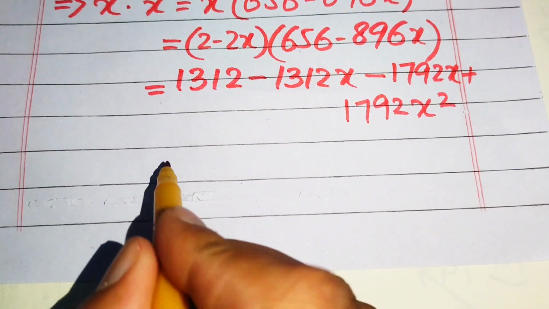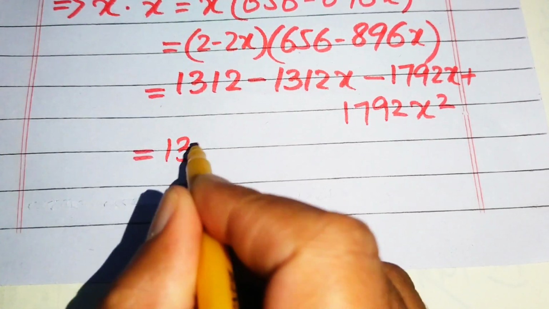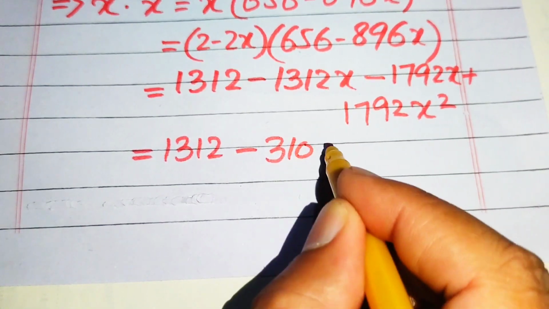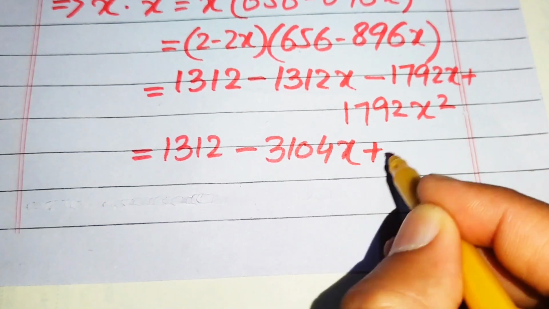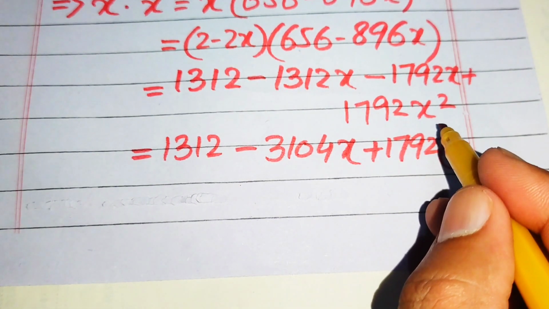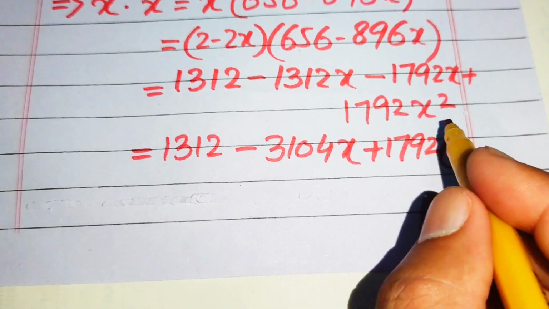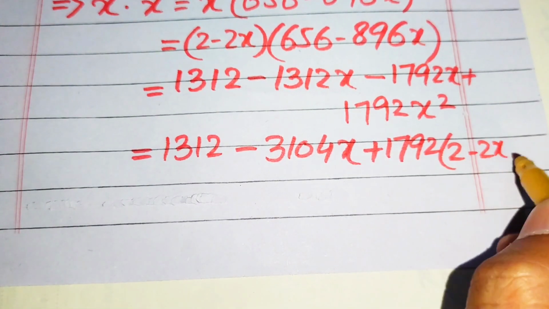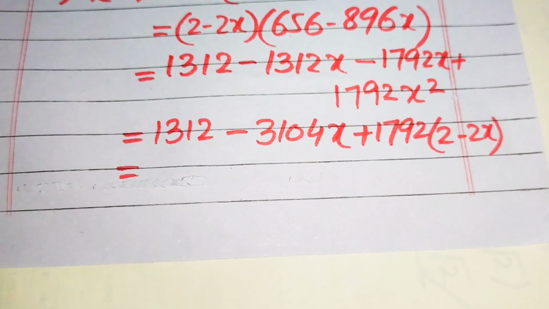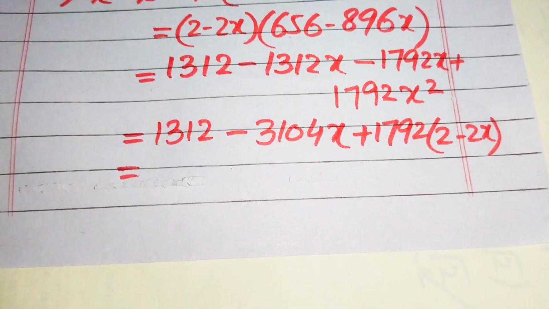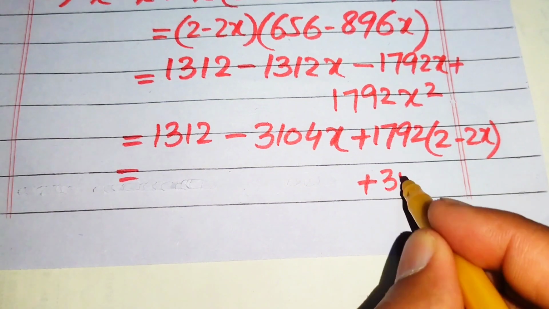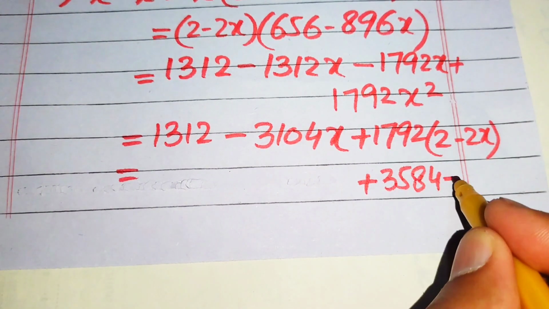Here we add or subtract the like terms, and we have 1312 minus, we add these two terms, and it equals 3104x, and plus 1792 into x squared. So we again substitute the value of x squared, which is 2 minus 2x. Here we multiply 1792 with both of these terms, so when we multiply this term here, it equals 3584, and this equals